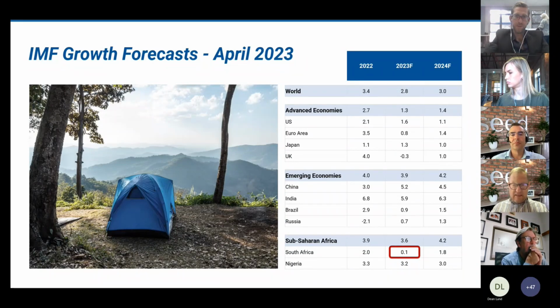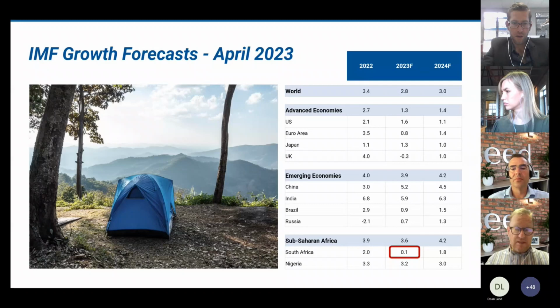So we need to be going at a much bigger clip and a much higher clip than that. You can see that China and India, I mean, those are the type of numbers that we need to be looking at, but the rest of the world, especially the advanced economies, is fairly muted as well. And I suppose that's all understandable. We understand, I think, in general, that the world's in a tougher space globally from a geopolitical perspective and from an interest rate perspective and inflation perspective.